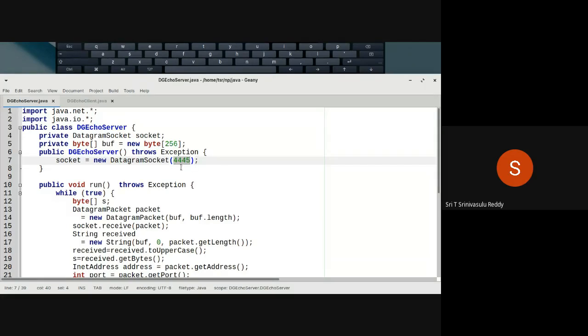So this port number, you can choose any number, it doesn't matter, as long as it is more than, to be safe, 1024, because the port numbers below that are meant for useful servers like Telnet, FTP, HTTP, that kind of stuff. Anyhow, new DatagramSocket of 4445. It is such a simple thing.